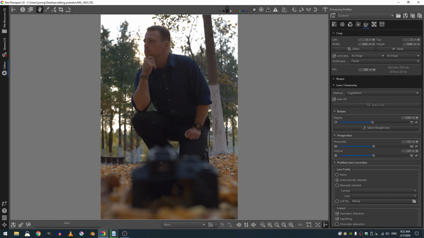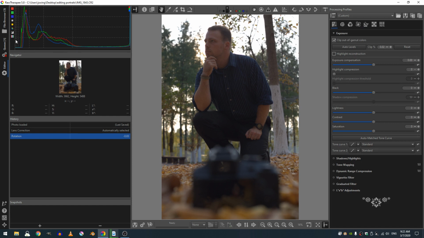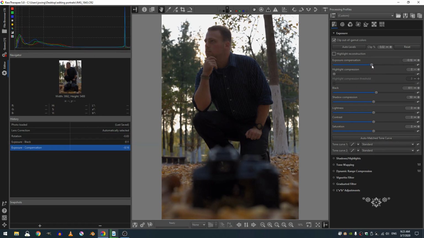Anyway, let's go ahead and open up our histogram right here. And you can see that our sky over here is overexposed. But there's also some underexposure here on the left side. So let's go ahead and increase the blacks of our image. And then instead of increasing the exposure, if I decrease the exposure just slightly and increase the darks a little bit. Okay, so now according to Lightroom, this is a correctly exposed image, but I feel like